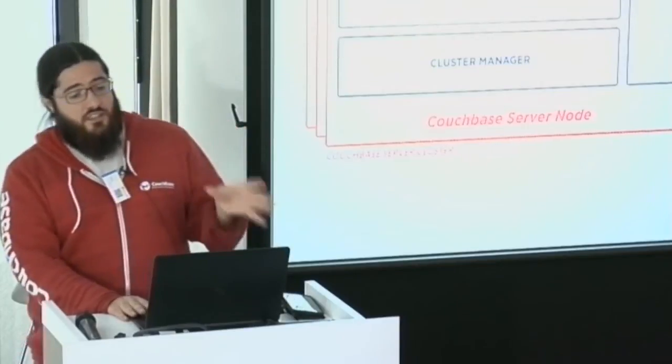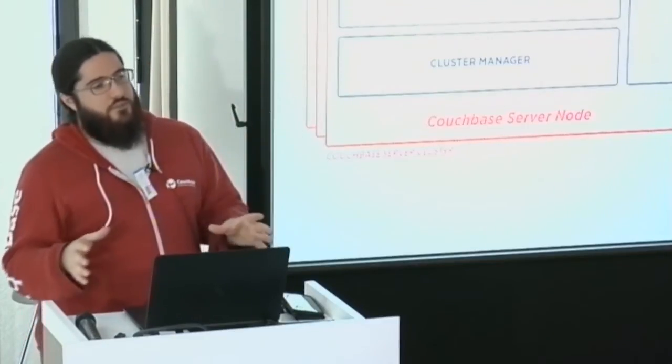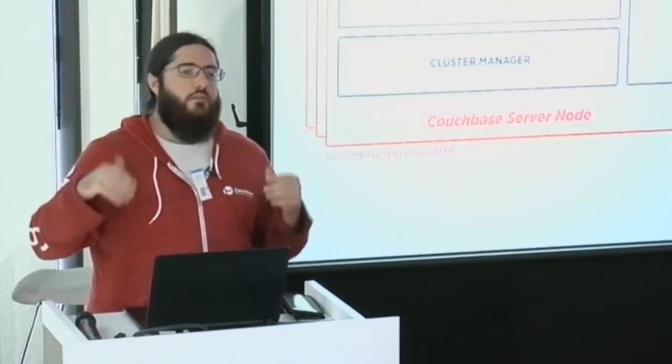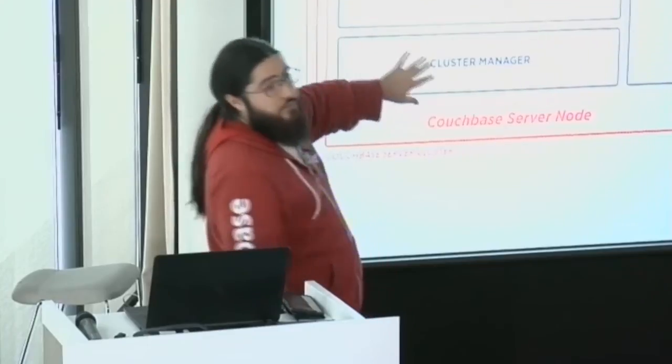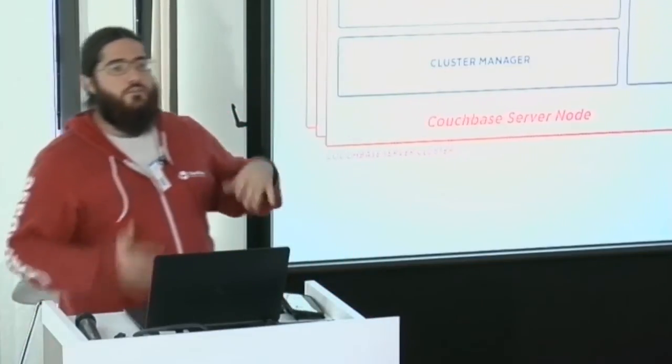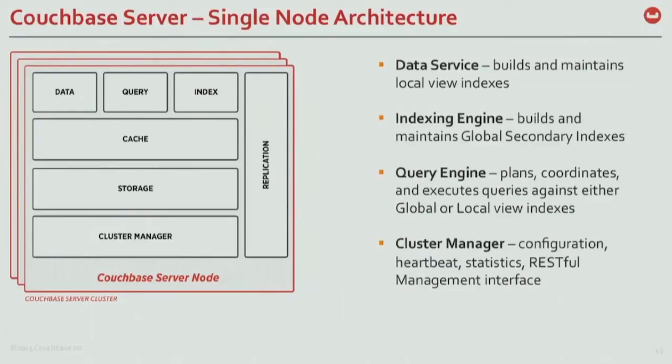If you're not familiar with the Couchbase architecture, we have one kind of node in a cluster on which you can activate several services. The cluster manager is on every node. We are a masterless database. There's no master or slave or controller node. They're all the same, so they all have a cluster manager. They all have a storage and caching layer, because everything starts in RAM and is eventually persisted. Some of them have replication. Basically, if you store data using the data service, you will also store replicas from other nodes. This is why you have replication.